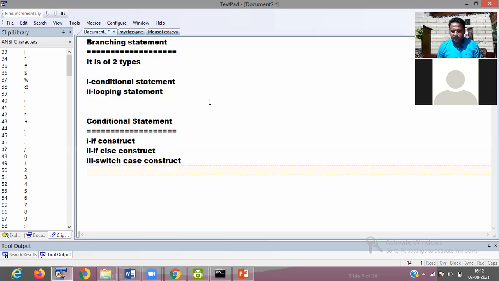And in a similar way, in looping, we're using another construct. But before that, we have to concentrate on the conditional construct. In the conditional construct, first we have to use the if construct.